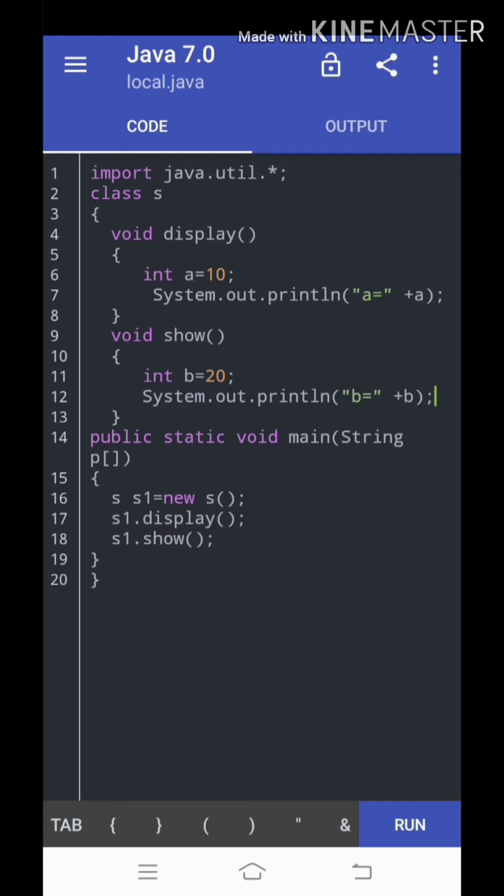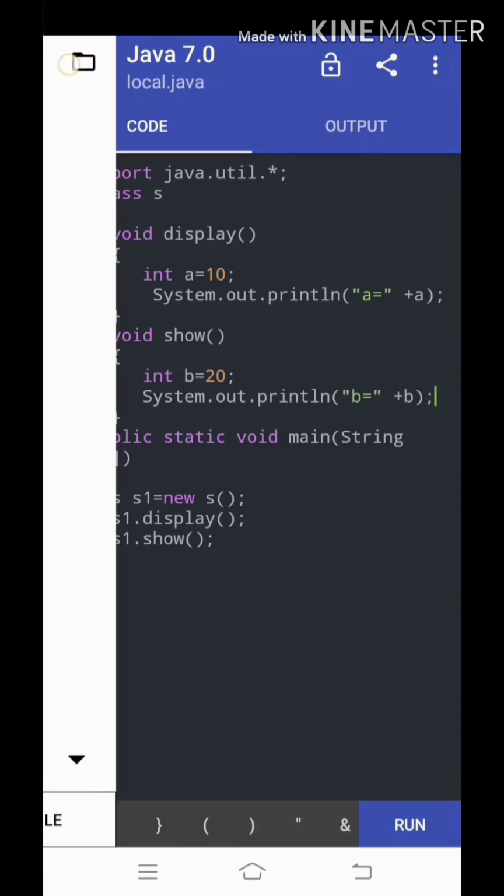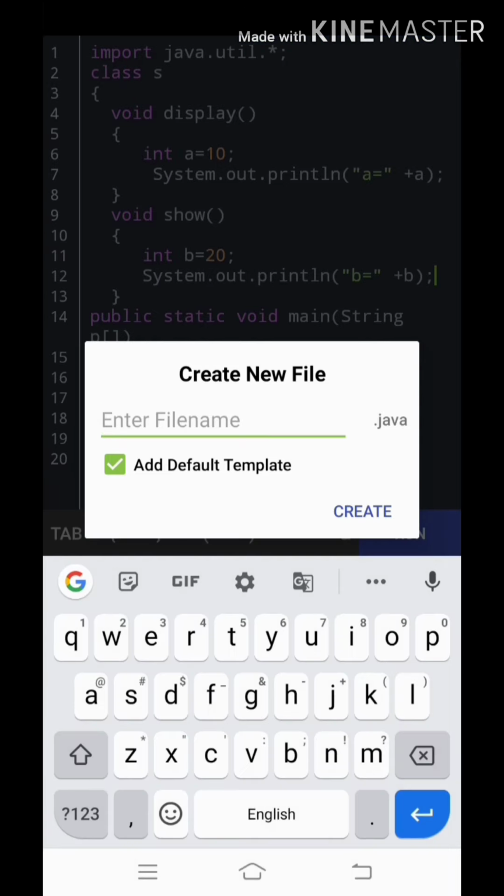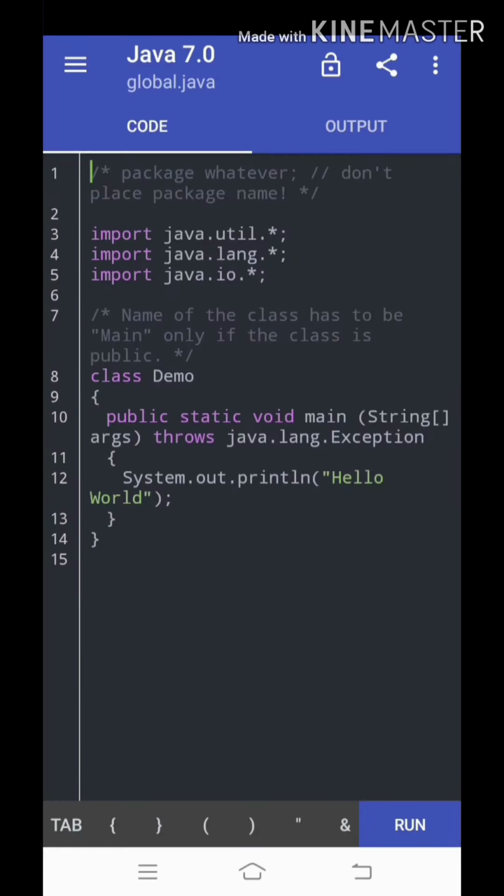Now coming to global variable declaration. The global declaration is nothing but declaring a variable outside the main method. So I'm going to take a name as global. I'm going to create a file and clear all the data.